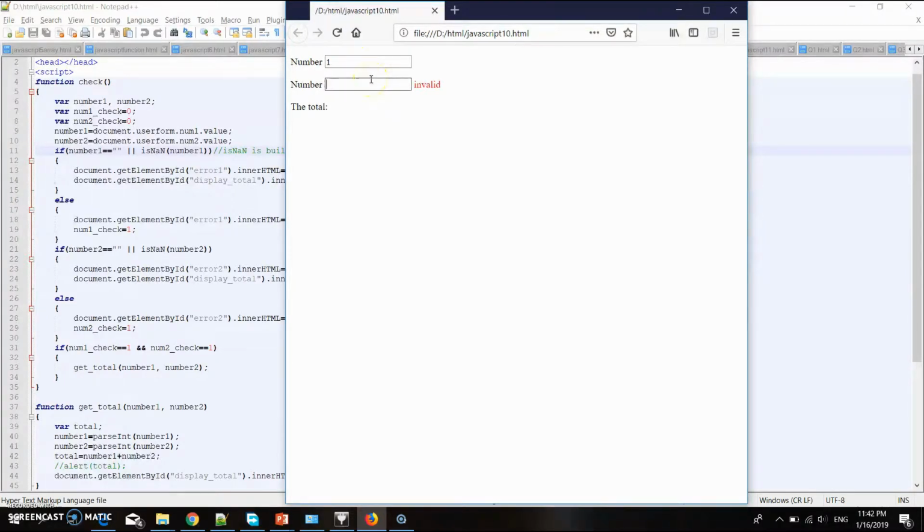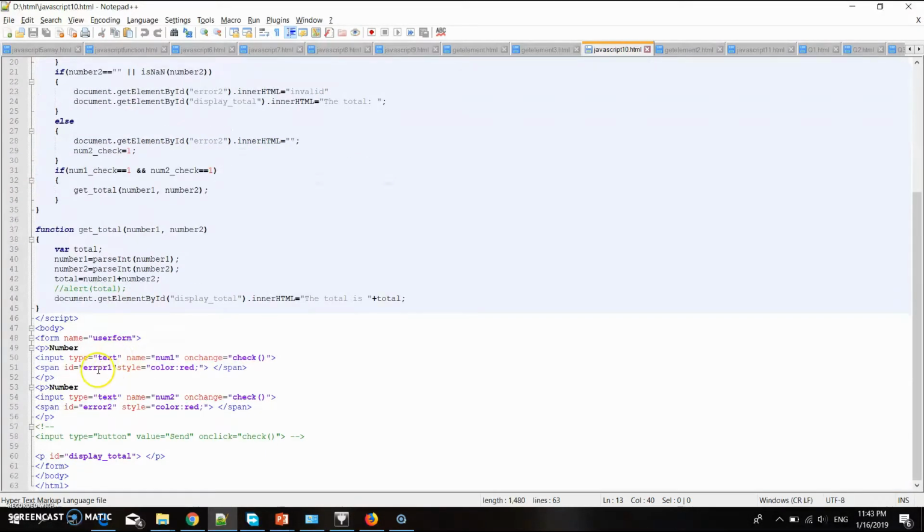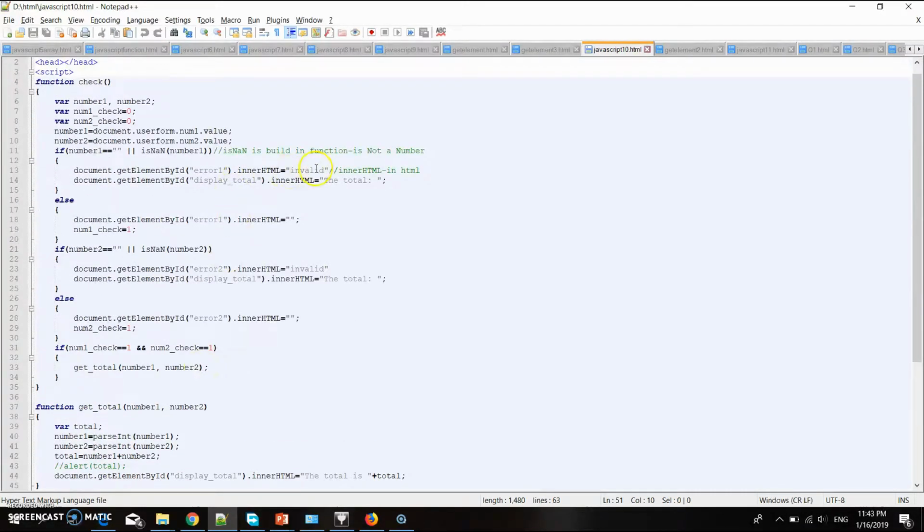For example, when the user is entering an integer, and the second one is not an integer, it will automatically call out the byId error. This is an integer, we will call if. This is not an integer. When it's not an integer, it will detect error 1, and this is the error 1 beside the number 1. It will call out this invalid,